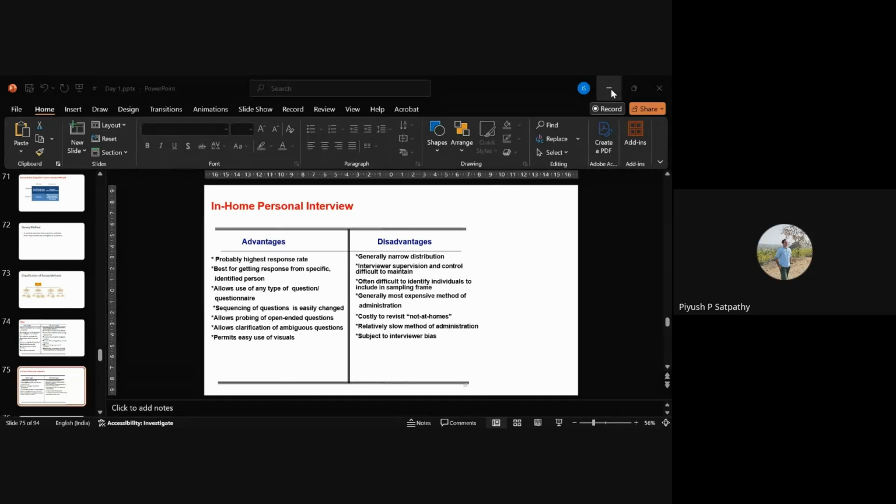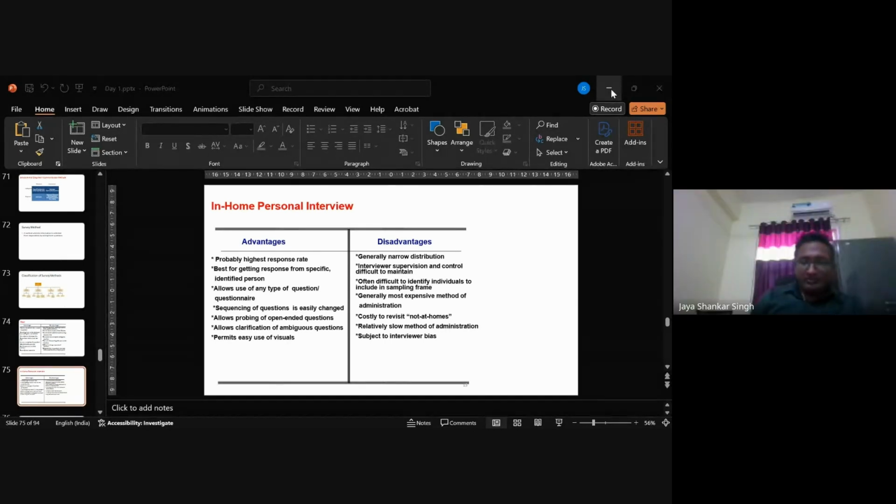Yes, sir. Okay. Then there is limited flexibility also with the survey. You cannot adapt questions based on the participant. See, more structure means less flexibility, so there will be a trade-off between flexibility and structure. What happens in interviews? You will have more flexibility to include any follow-up questions. But in a survey, you cannot do that.